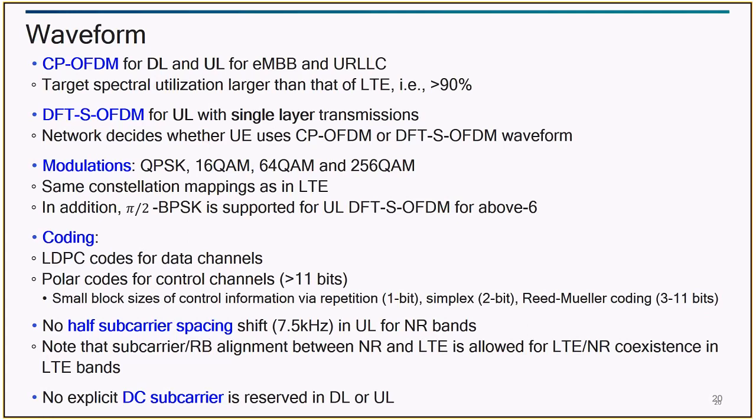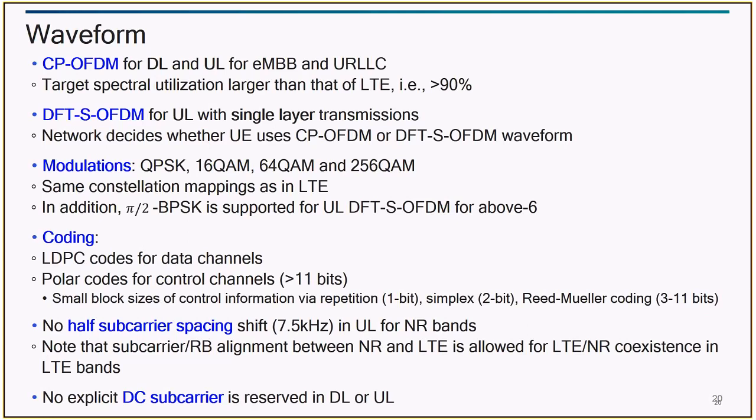The key advantage of π/2 BPSK is that the range, the distance over which you can send information in uplink, would be higher. So the control channel would get modulated with π/2 BPSK, but this is again not a very agreed upon concept. But for some reason, the Government of India is asking for π/2 BPSK support in NR. You have LDPC codes for the data channel and polar codes for the control channel.